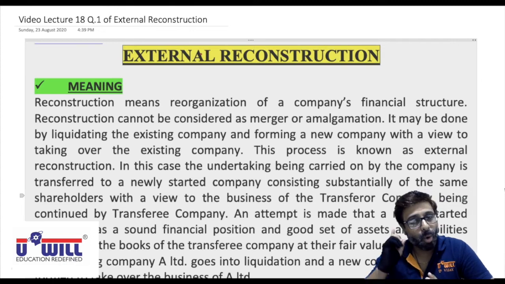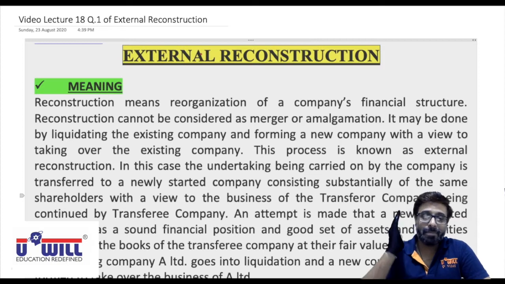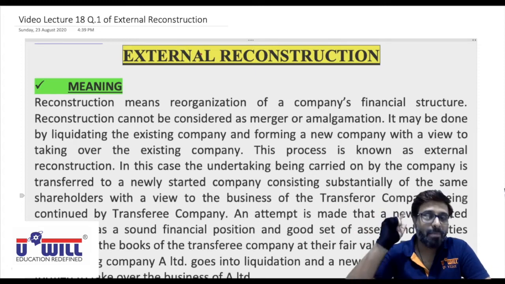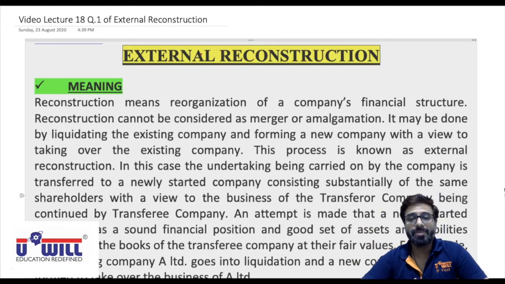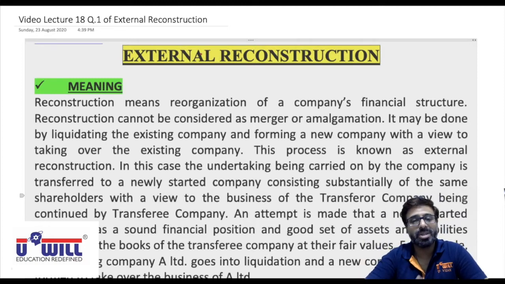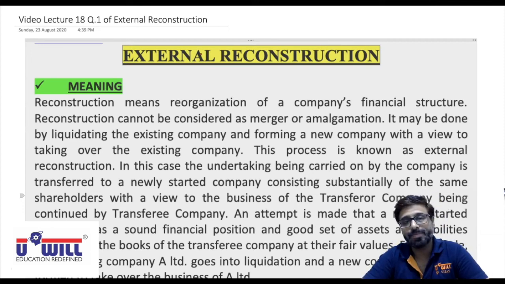Old wine, old company. In the new bottle, new name. The company remains same, assets remain same, liabilities remain same, shareholders remain same, everything remains same, only the name of the company is being changed. And I also discussed in the first lecture several reasons may be possible for that. Maybe with that name the company has lost the reputation, so it's changing the name. Otherwise the dynamics of business are really good.